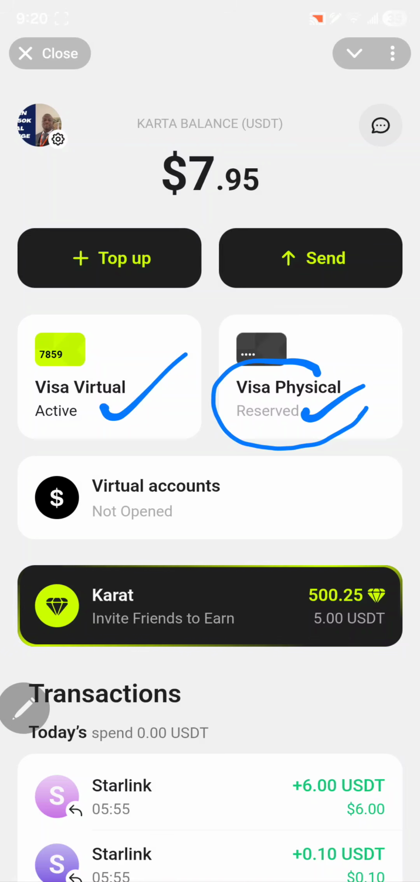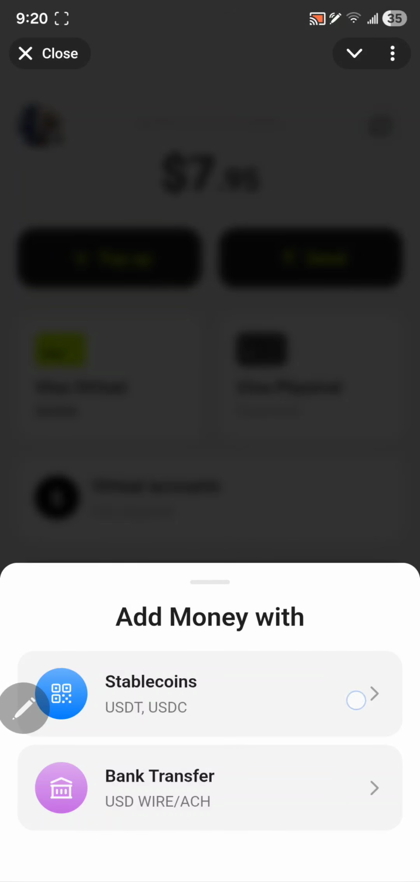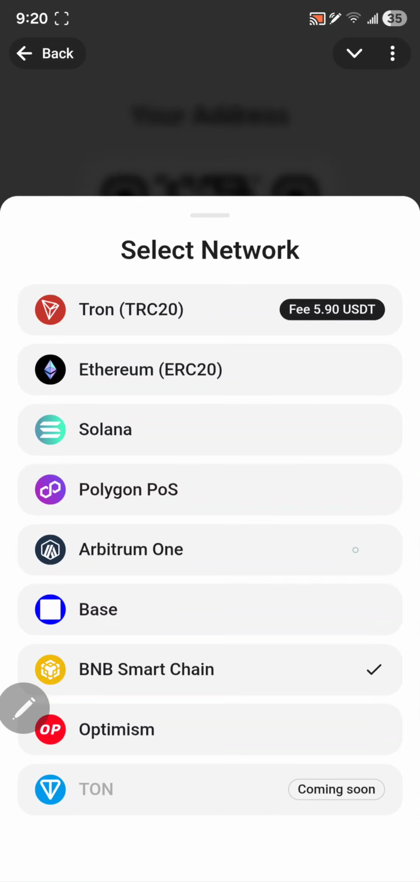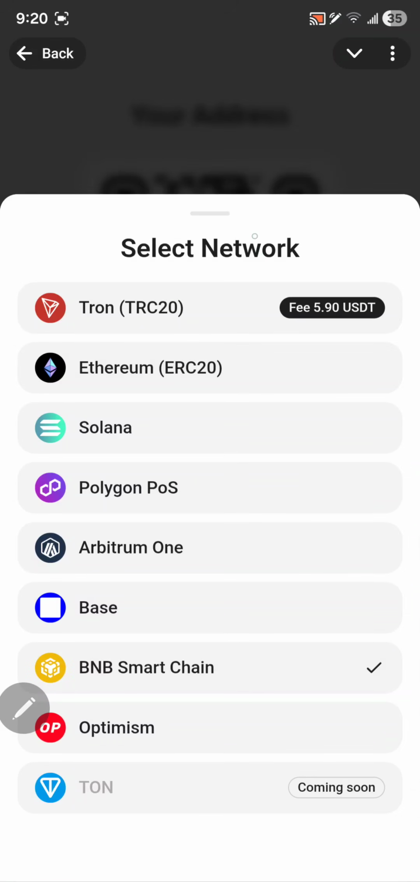You can see this. So when you want to add funds, you click top up. When you want to send, you click send. When you want to withdraw, you click send. So let me check the send option or the top up option. Now we have the USDT and all these networks. This TRC20 is very expensive. Fee $5.90. We also have the Solana, the Polygon,